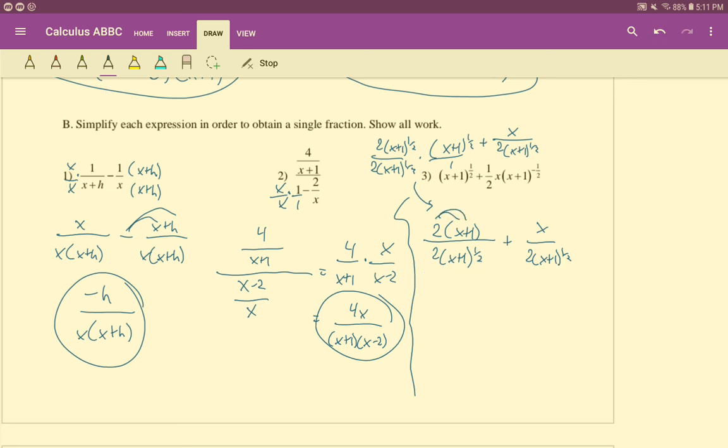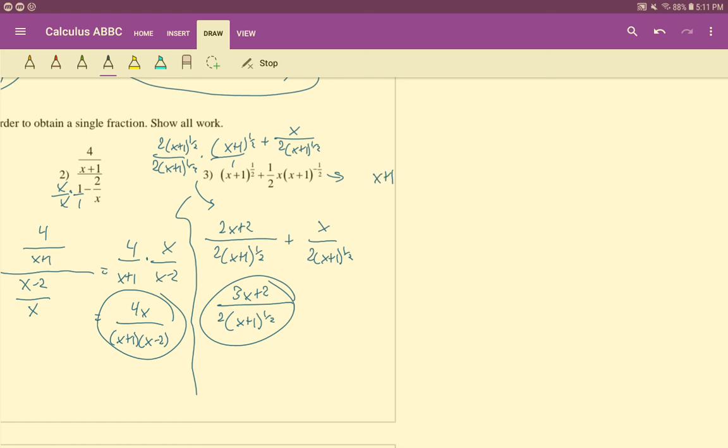We'll distribute the 2, okay, like that. So we really have 2x plus 2 here, and we're going to add an x. So we end up with 3x plus 2 over 2 parentheses x plus 1 to the 1/2. Now there's an alternative way to do this problem where we could have used GCF. So since these have the same base, right, of x plus 1, we also could have factored out